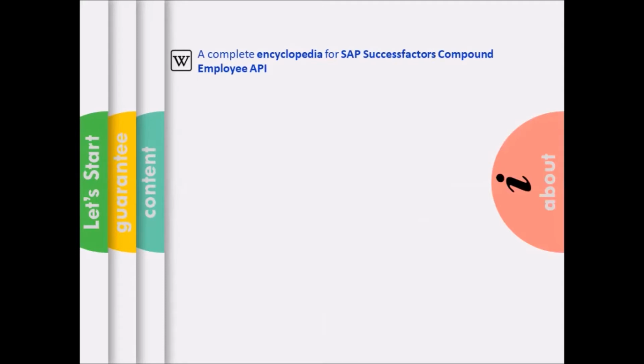The course covers to a great extent the various URN or processing parameters and how they determine the behavior of the Compound Employee API response. Various fields that can be used in the where clause of the Compound Employee API query and what values they can take. Comparative study amongst various parameters like start date, effective end date, last modified on, etc. Different modes in which Compound Employee API can be executed: delta, period-based delta, snapshot, full transmission.